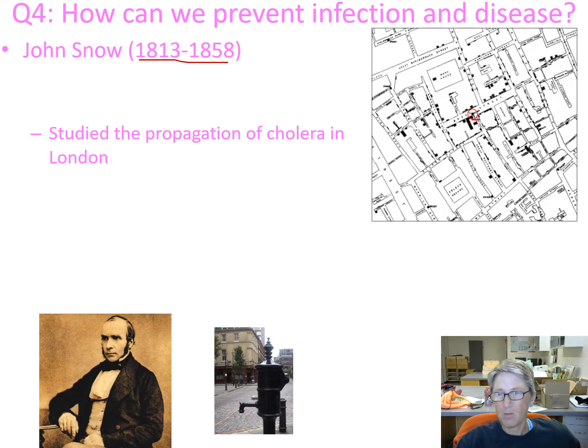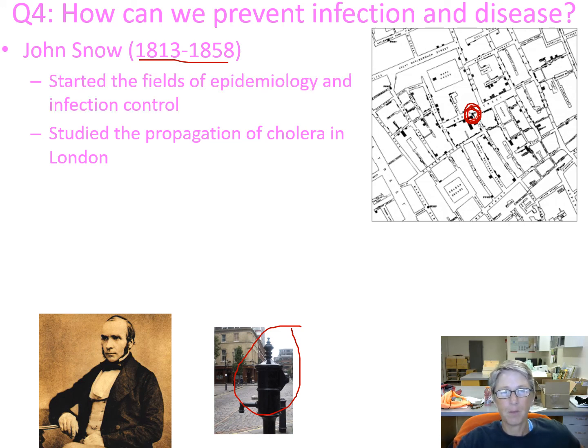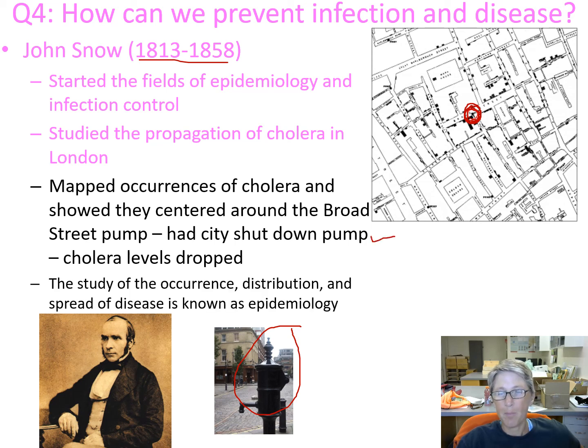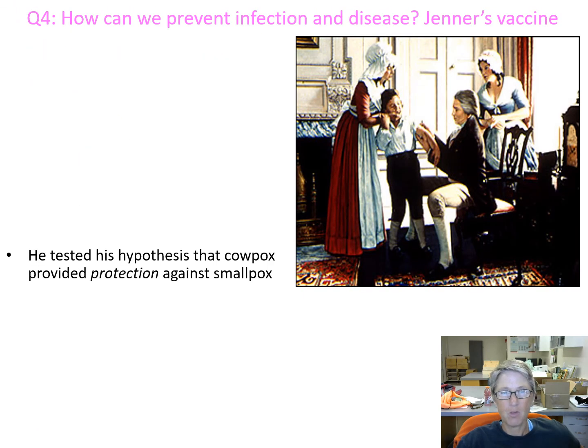Anyway, he is basically the father of epidemiology because he made a map of where everybody was getting sick, and he located this Broad Street Pump, and he had a really sweet map of all the illness rates and death rates around it. Here's a photograph of the actual Broad Street Pump that people were going to and getting cholera from. He had the city shut down the pump. He must have been powerful. They shut it down. Cholera levels went down. And he started epidemiology.